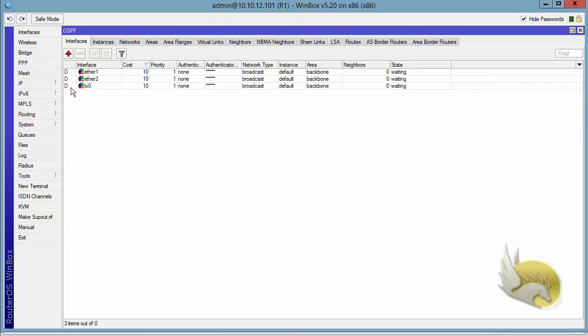And this D flag means these are added dynamically. Okay, now I have configured OSPF on one router. Let's go to router 2 and